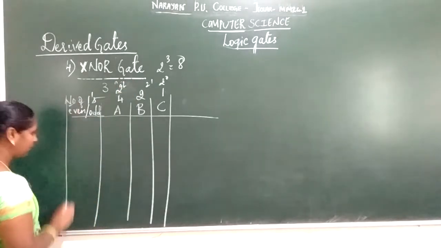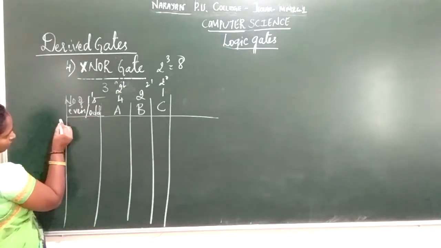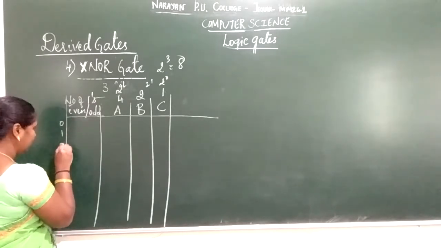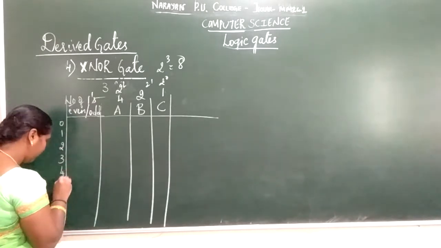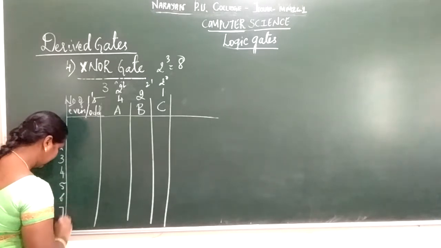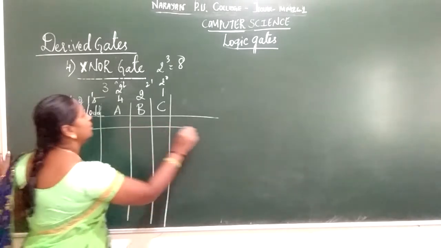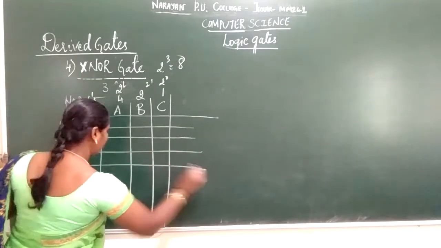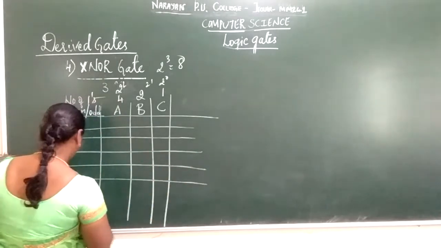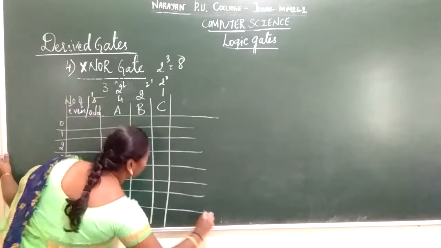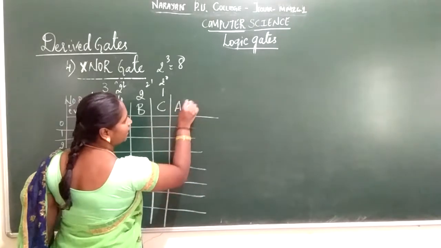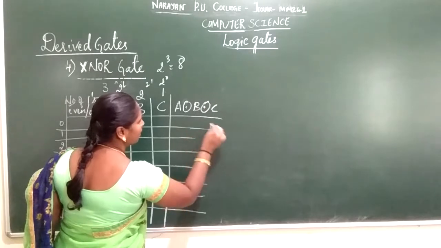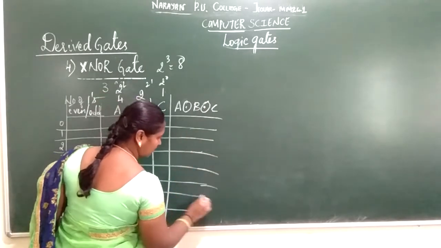And inside here itself, for your understanding, do not get confused, you represent as 0, 1, 2, 3, 4, 5, 6, 7. So you are going to represent your 8 ways of inputting. How you are going to input your 3 input variables under your XNOR gate. So that is nothing but A XNOR B, and so on. Okay, that will be represented.